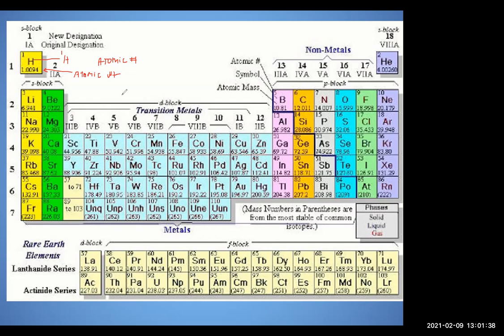And it's approximate, I mean, it's not exactly 1, because the atomic weight is made up of the number of protons plus the number of neutrons, which both have weight, and then the number of electrons don't really count in the weight because they're negligible, about 1/2000th the weight of a proton or a neutron. And there's also isotopes, so it's like the average weight of a hydrogen atom is what's considered its atomic weight.